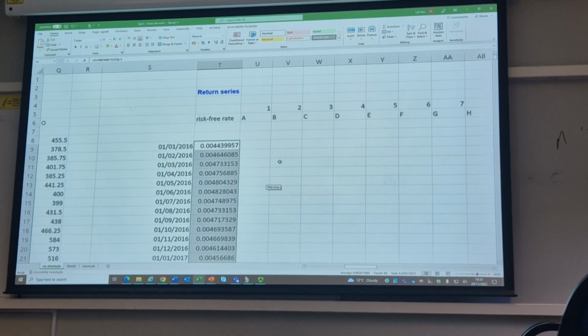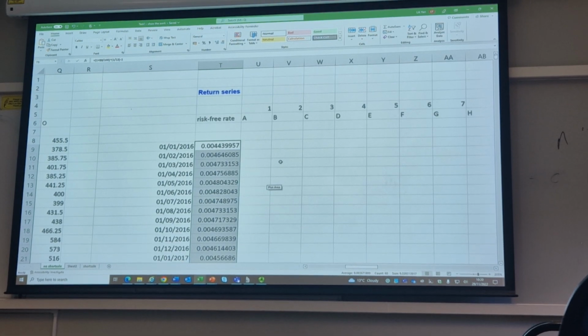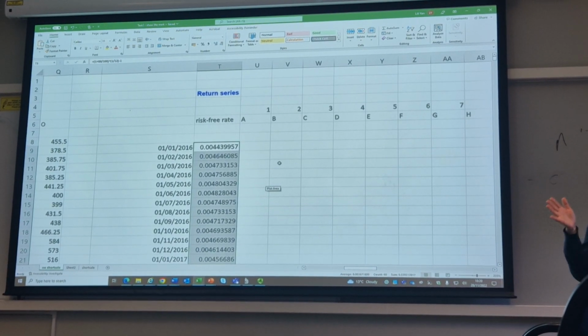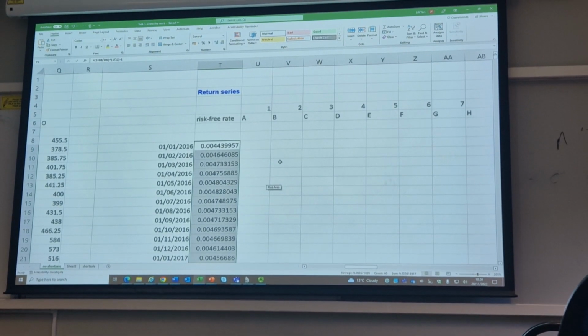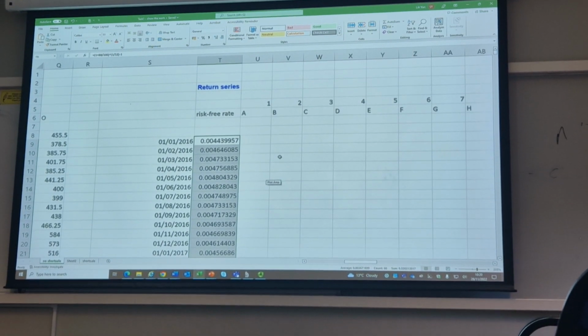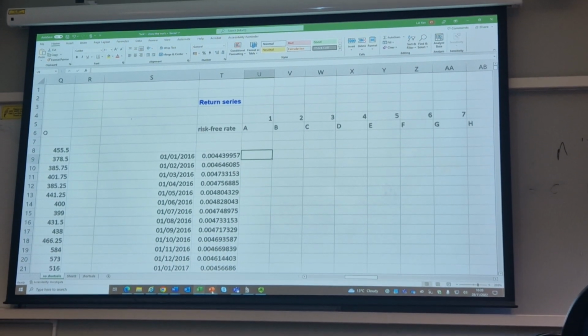Is that clear right now? It's just lots of columns, 31 columns. But when calculating the return, it's not that complicated. So for calculating the return of the asset,